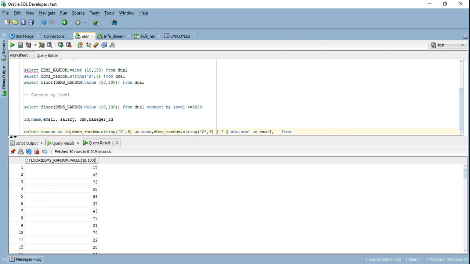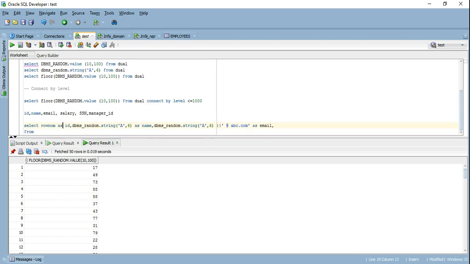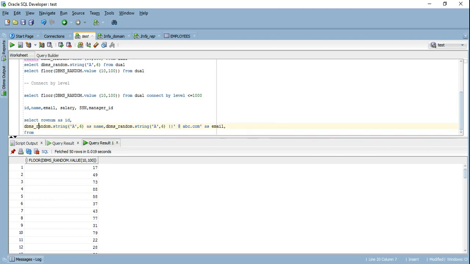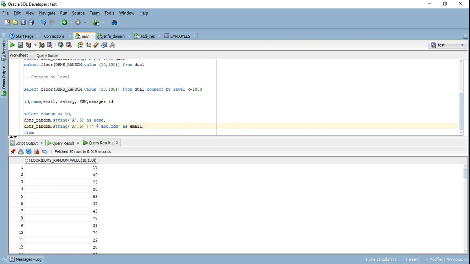Then I have salary. So I'll use again this function and I'll just multiply it with 1000. Let's see it clearly. The ID is being generated by the Oracle function row number. The name is being generated by the dbms_random.string package.